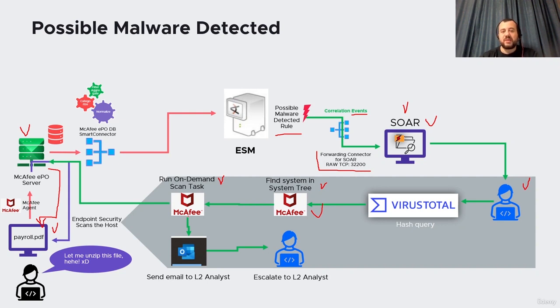An email will be sent as well to a level 2 analyst. So we're going to configure as well the notification. We have an SMTP server, which has been also integrated with the ArcSight SOAR. And this notification, this email is going to be forwarded to a level 2 analyst, essentially. And finally, the final step is going to be escalating the case to a level 2 analyst. So step by step,